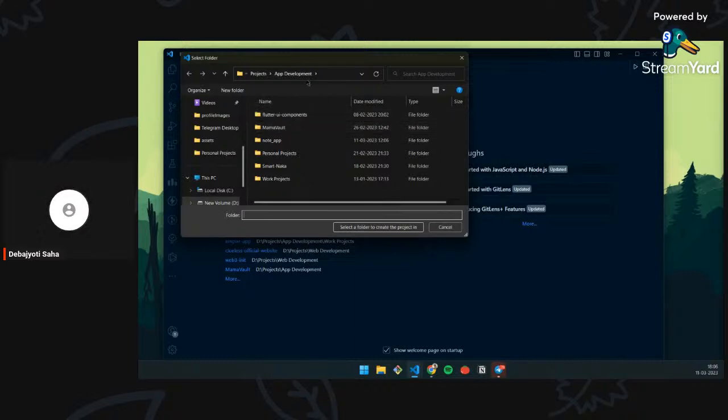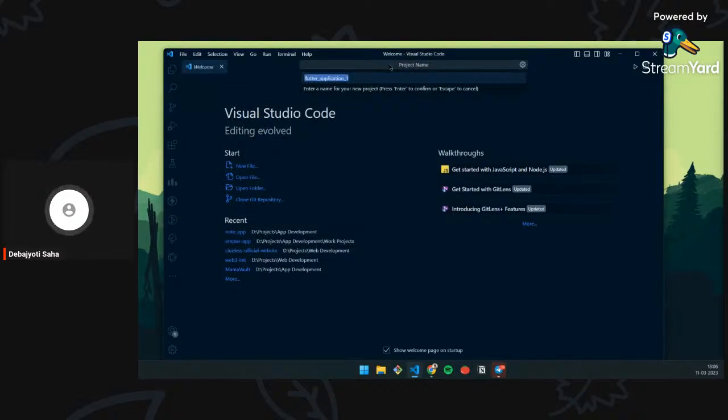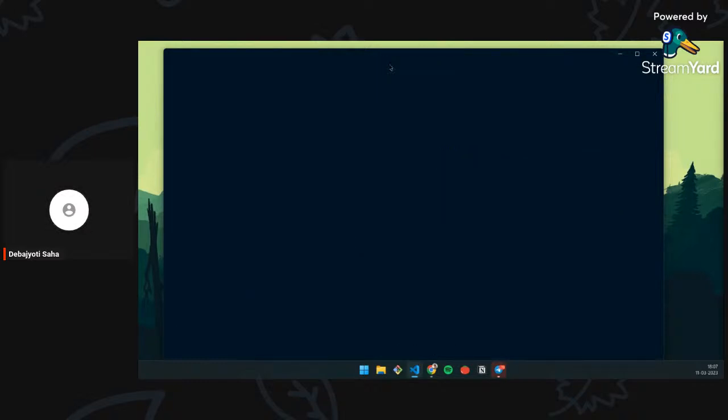I think this is good. So let me store it in here. Okay, so I am selecting this folder, and then you have to enter the project name. For now, I am entering app Firebase. Okay,